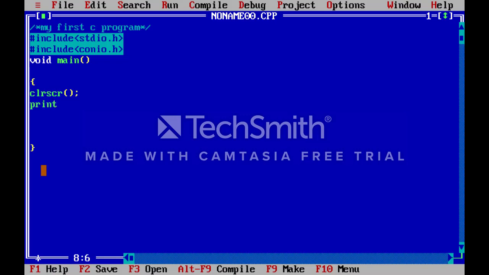After that we wrote the printf function, and in this we use double quotes to print our first statement, that is hello world. Closing the double quote, after that closing the round bracket, and giving the semicolon terminator to the statement. Here the printf function is used to print character, string, float, integer, octal and hexadecimal values onto the output screen. The string or characters written inside the double quotes will print as they are on the output screen.